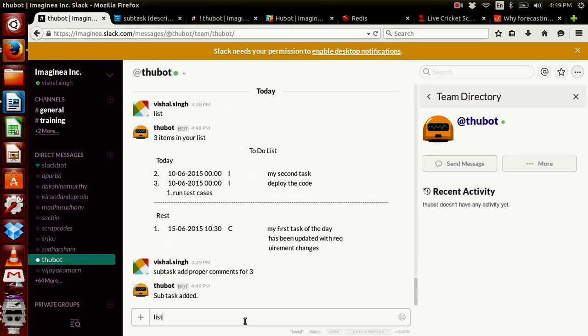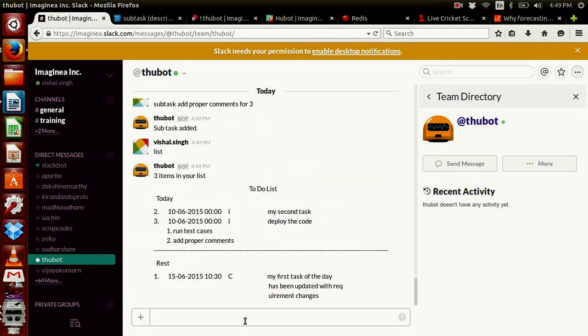Okay, so now we have 2 subtasks. First is run test cases, second add proper comments. So for task number 3 we have 2 subtasks.